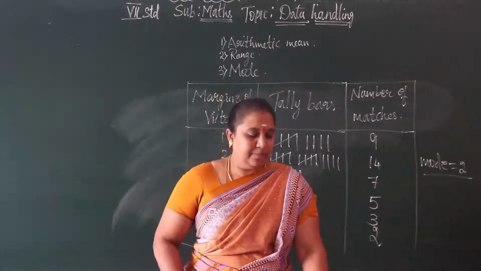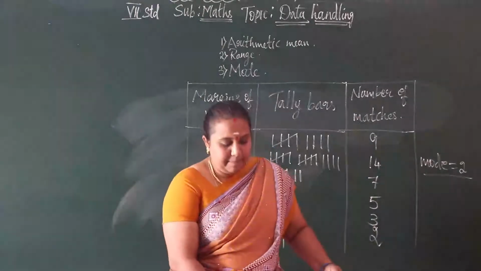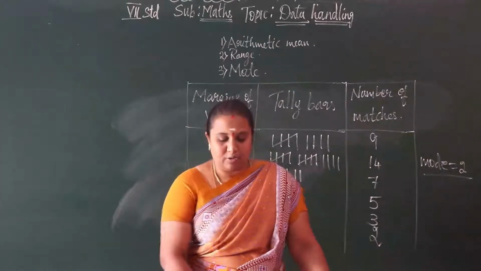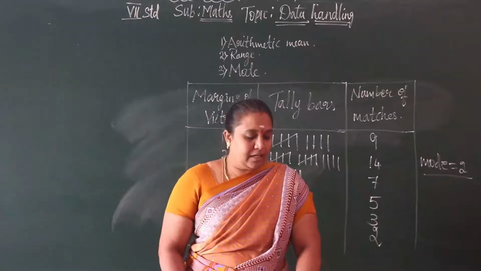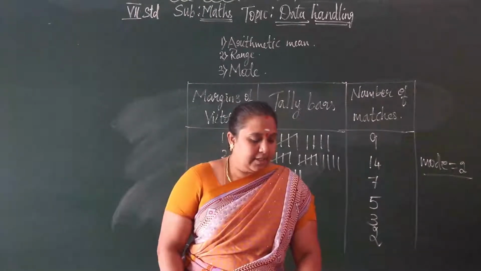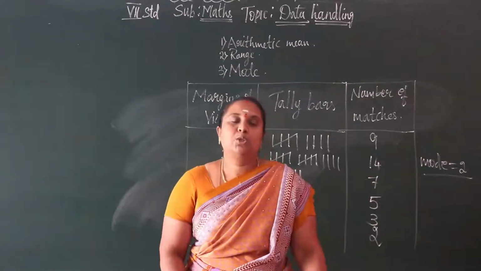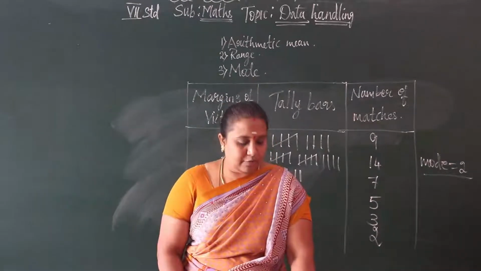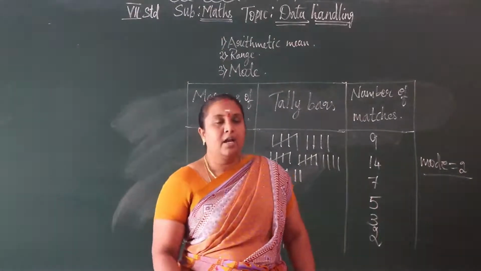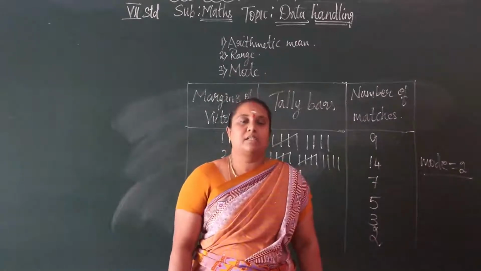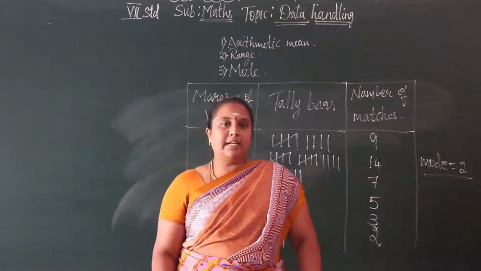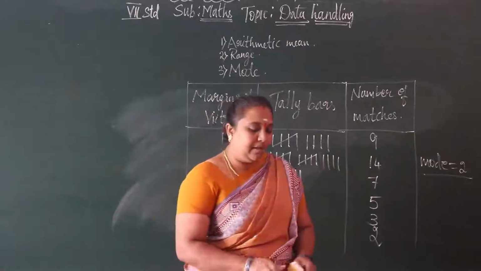Okay, so then see example 6. Example 6 is also there in the textbooks, page number 65. That is, find the mode of the numbers. Here you have only a set of 12 numbers. See, 1, 2, 3, 4, 5, 6, 7, 8, 9, 10, 11, 12 numbers are there. Only in the 12 numbers you have to find out the mode easily. So which is the number repeated again and again? What are the repeated numbers we have?